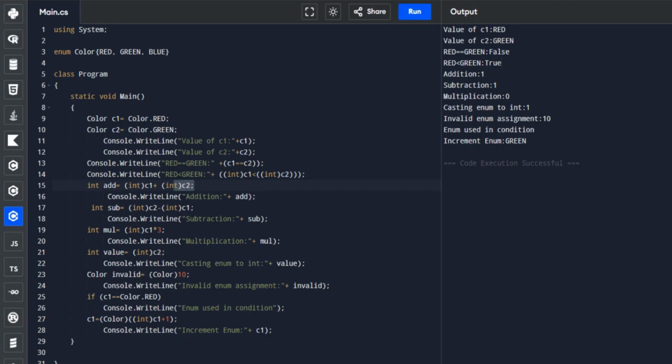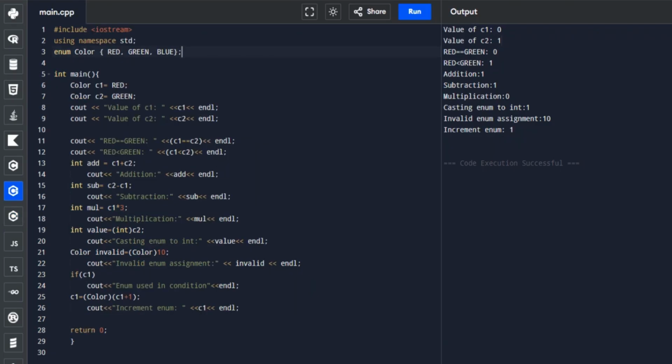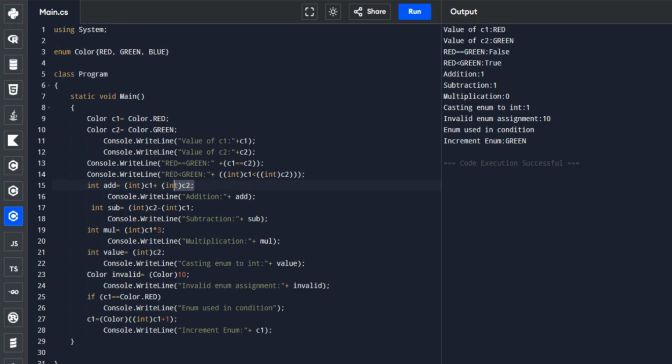And then in subtraction also, the output is almost the same as in C++, but here we first need to cast the enumeration to get the integer value.